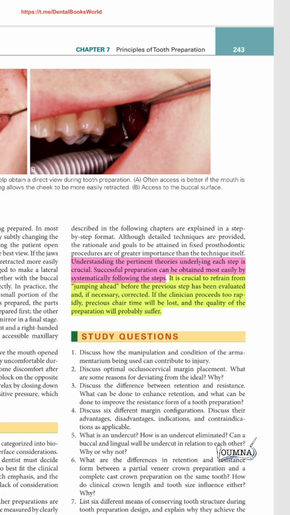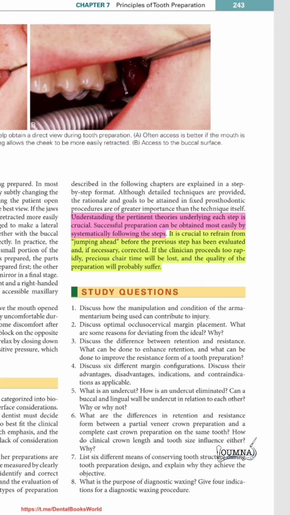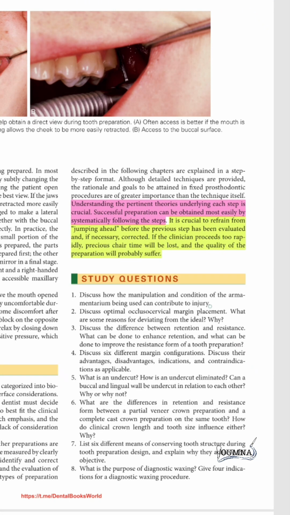So understanding the underlying theories of each step is crucial to get a successful preparation. When we follow the steps and we do not jump ahead, this will increase the efficiency of the chair time and will make the quality of the preparation more durable. We first do the incisal reduction, then we prepare the marginal proximal surface,